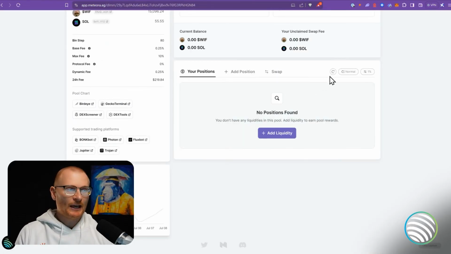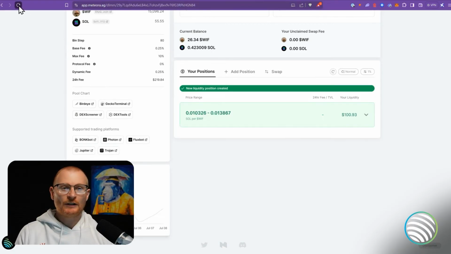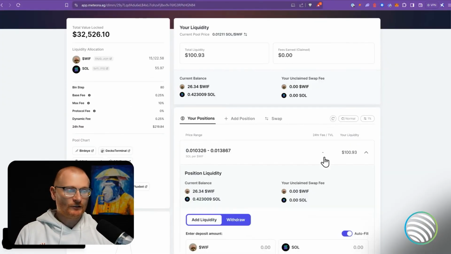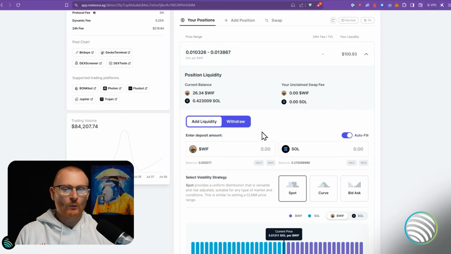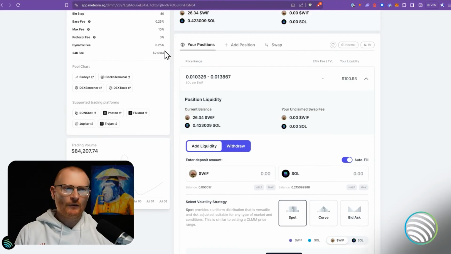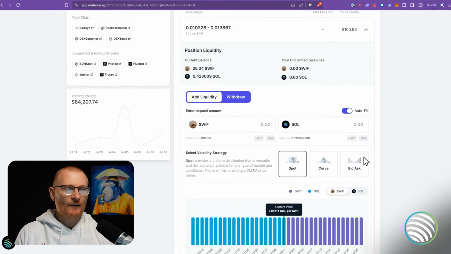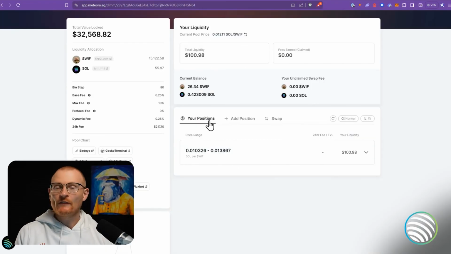Our position has been added, so let's give it a refresh. And if we don't see it immediately on the UI, we can refresh the entire page. It just came up, and this is our price range. Now we're currently in a price range where whenever there's buying or selling, we're going to start to see our unclaimed swap fee, which is not much, 0.25%. So we want to get quite a bit of volume through our liquidity pool, and then this will go up and up. Remember, as soon as we go out of this range, we'll have to change the position. And we can, of course, have multiple different positions. Now we have one position.